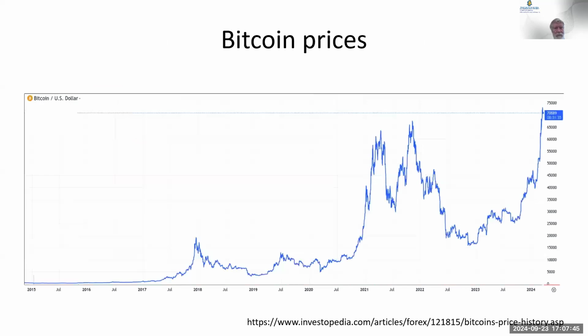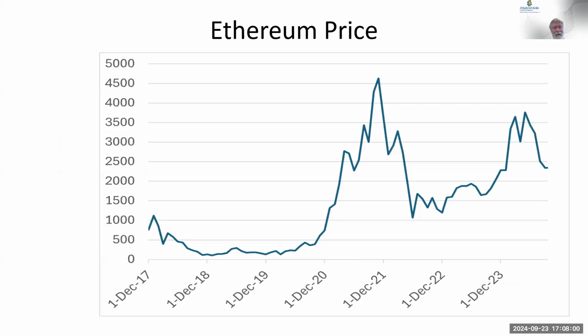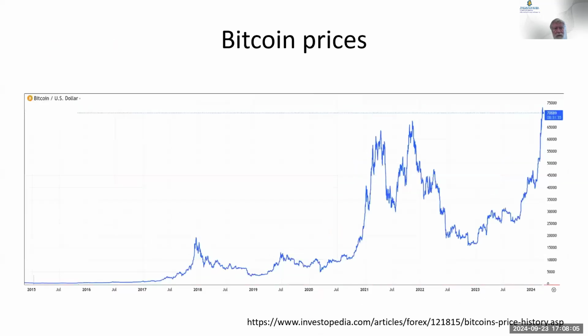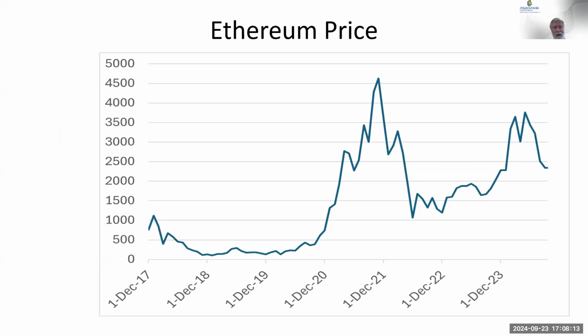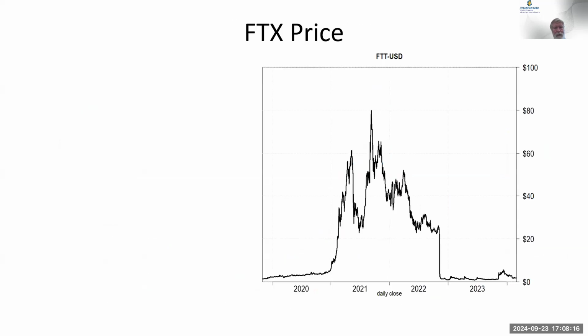Here is a chart of the Bitcoin price for several years. And you can see it goes up and down quite a bit. It's hard to see the scale, but that's in tens of thousands of dollars on the right side. So it's bouncing up and down. There's Ethereum, whose scale is not nearly as big. Ethereum bounces up. I've tried to adjust these charts so that the time frame, like 2020, all lines up. Okay, there's Ethereum. It goes up about the same time as that. There's FTX. That was Bankman-Fried's. And it rises up, drops.